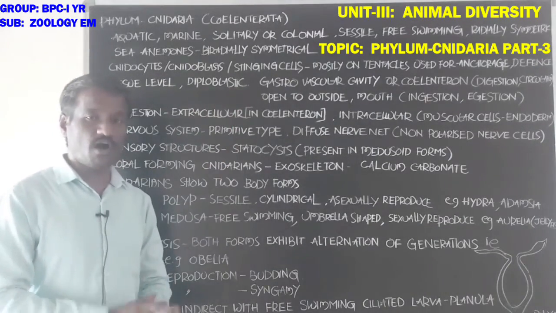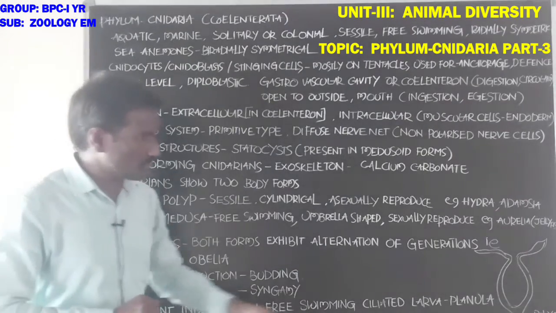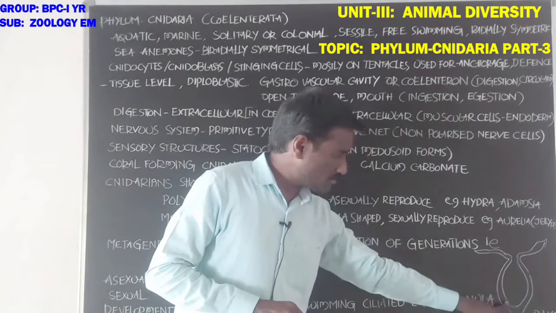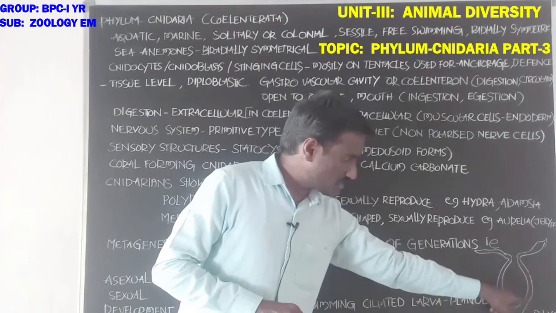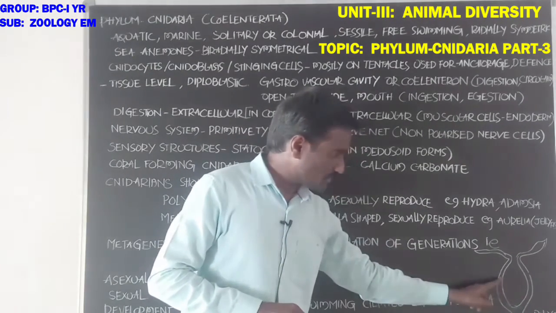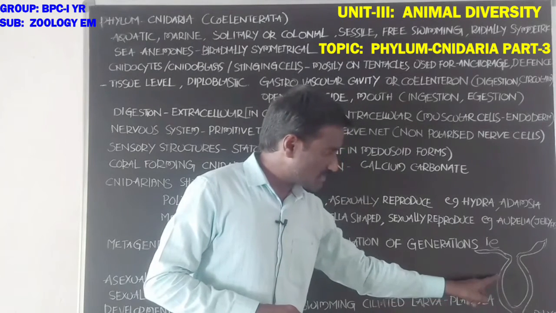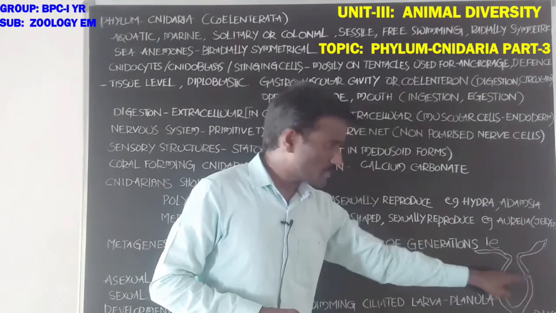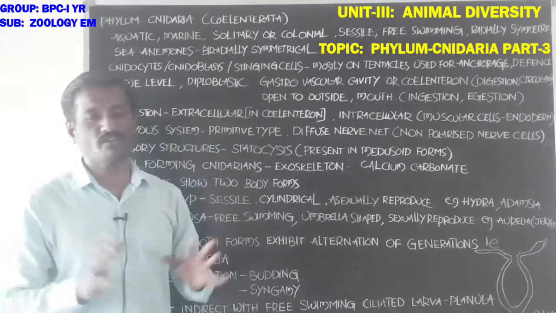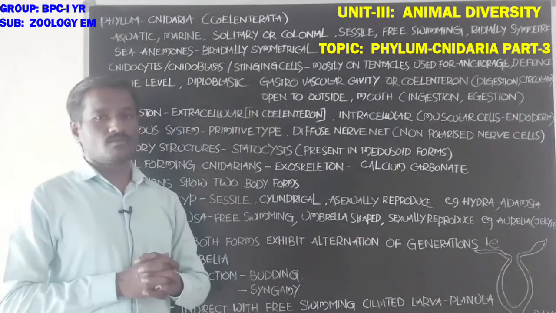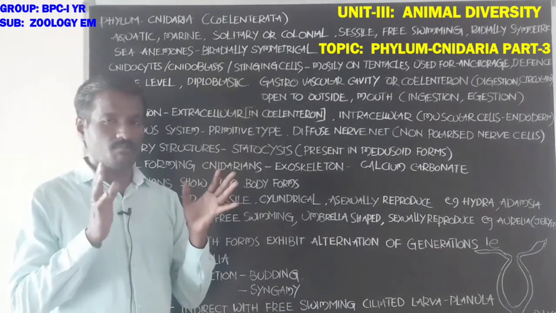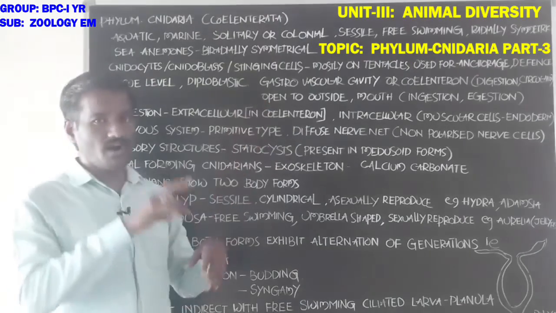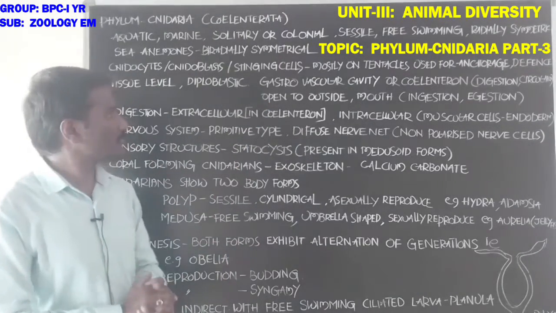They are diploblastic animals, with a body wall that shows two layers. Students, this is the polyp form of a cnidarian, showing the body structure. It is the body wall, with the ectoderm and the endoderm. Two layers are present in the body wall, so these are diploblastic animals. The entire body is formed with two layers.